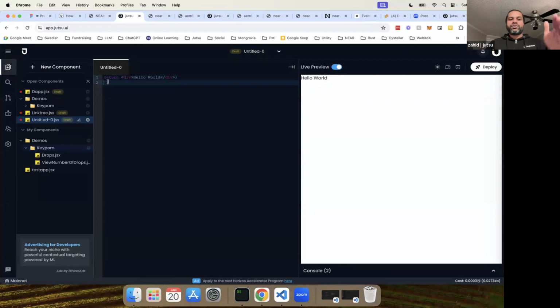And then you can compose these components with each other to build much bigger apps. I'll show you more detail later. But for the time being,